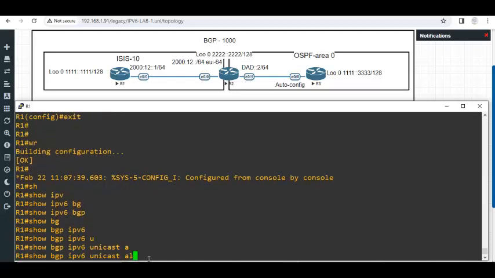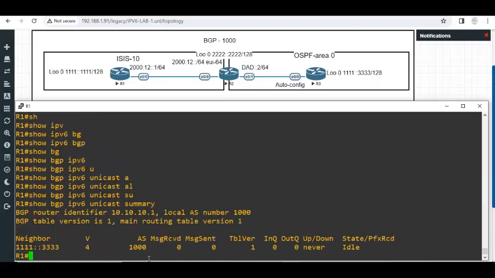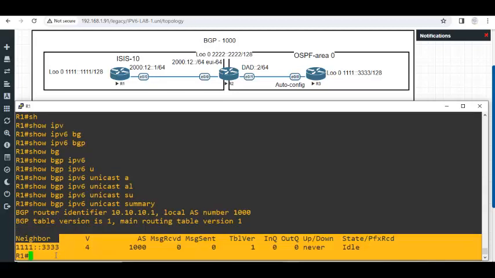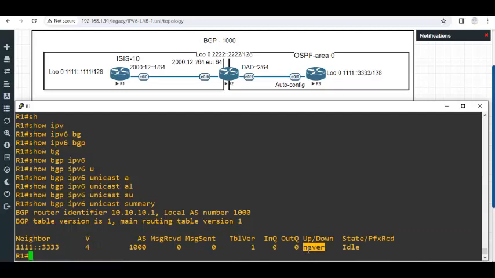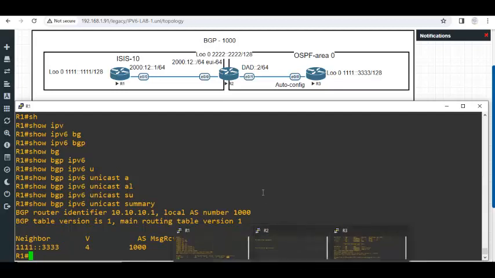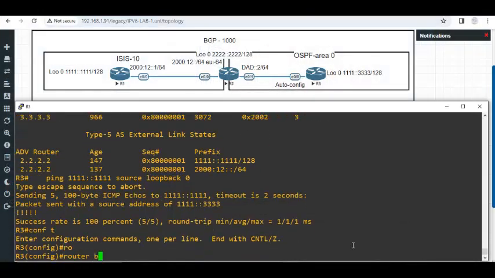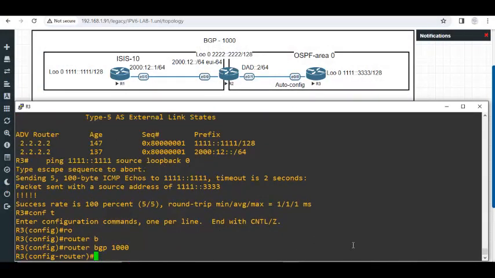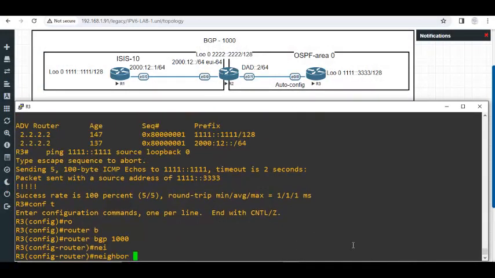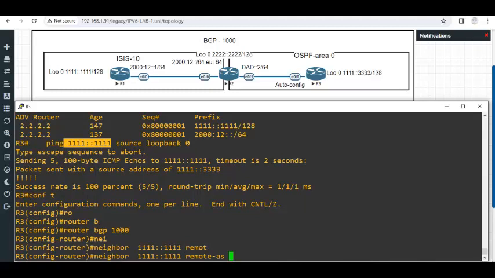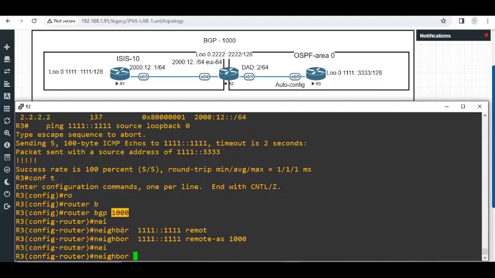Let us go and say router BGP 1000. Neighbor is 1.1.1.1. Remote AS is this. Neighbor is this. Update source loopback 0. Address family IPv6 unicast. And the neighbor is this. Activate. Now I'm expecting neighborship